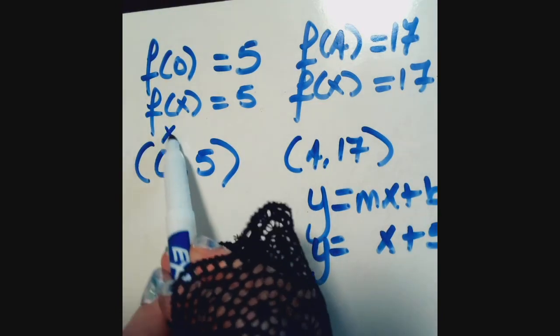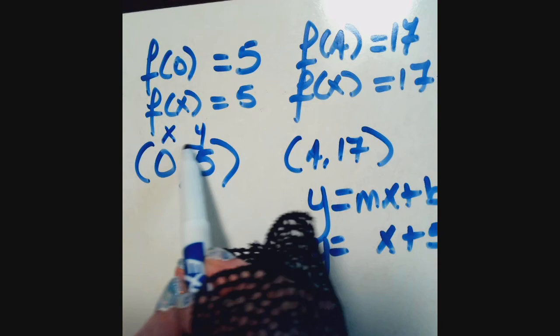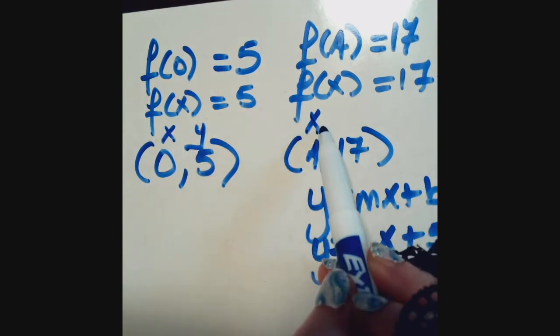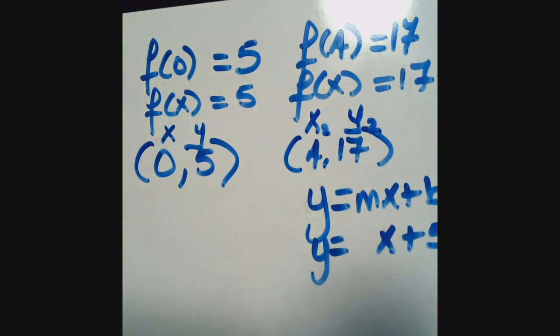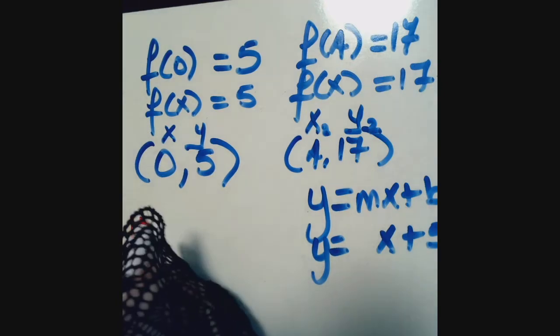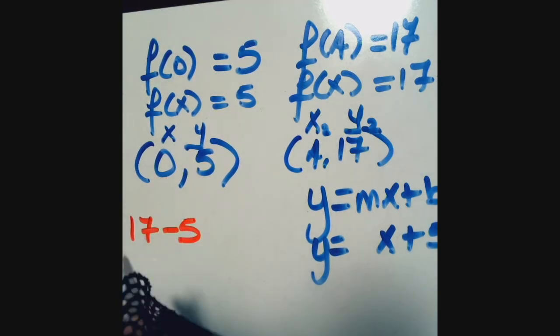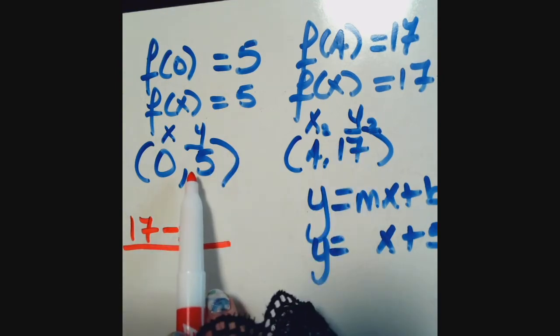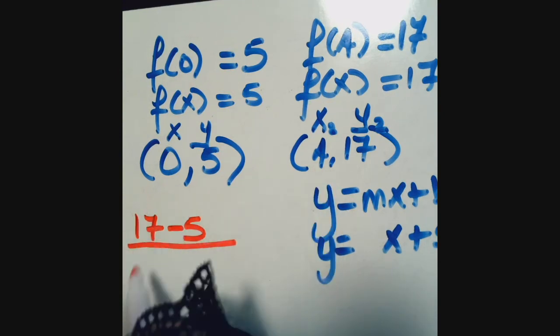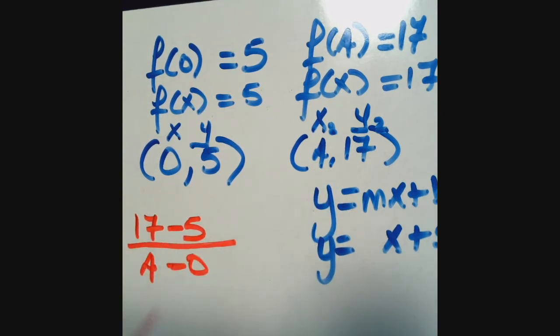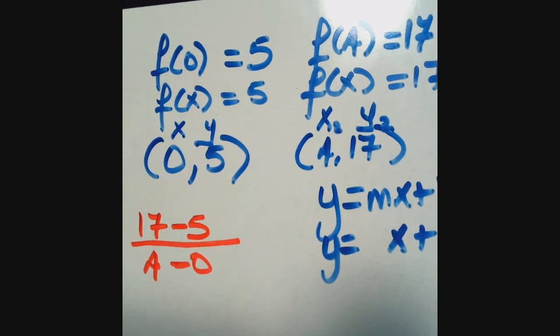So label it if you have to. Here's the first x, first y. Here is the 2's at the bottom, meaning the second x and the second y. Okay, I'm going to change colors. So we need to get the slope. That's the last thing. Okay, so the change in y's over the change in x. So 17 minus 5, that is the change in the y's, the second y to the first y. That means I have to do the second x to the first x, divided by the x. So 17 minus 5